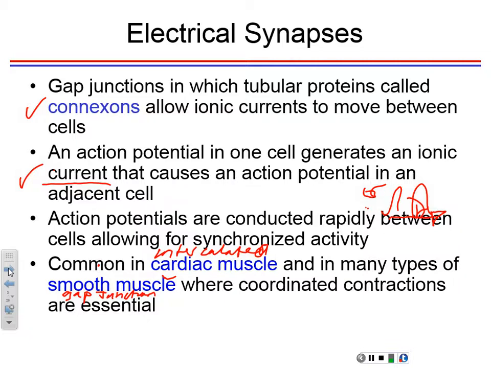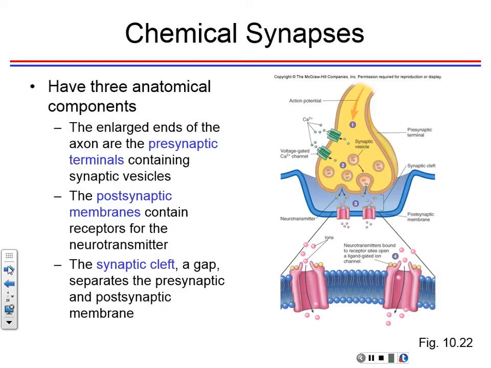So I want you to be able to tell me about electric impulses, electric synapses, and how they conduct through the cells as if it's one membrane, okay? And just be able to tell me about some examples, like the cardiac muscle cells have those intercalated discs, and smooth muscle cells have gap junctions, and they have electrical impulses, electrical synapses. So now we move on to chemical synapses.